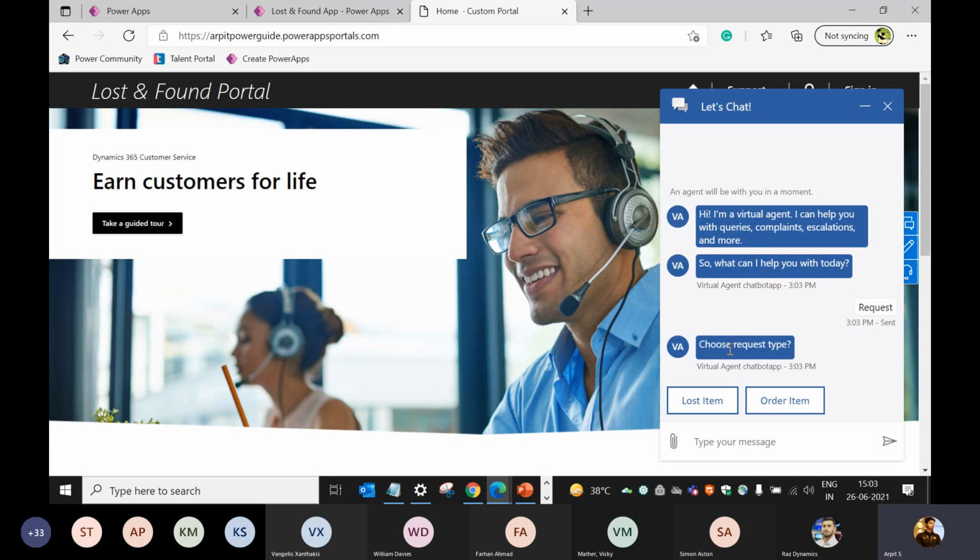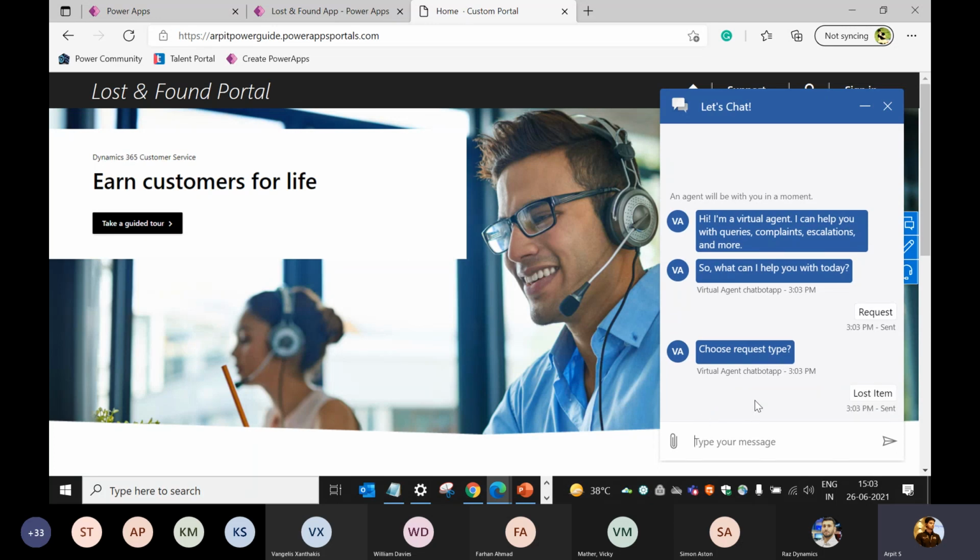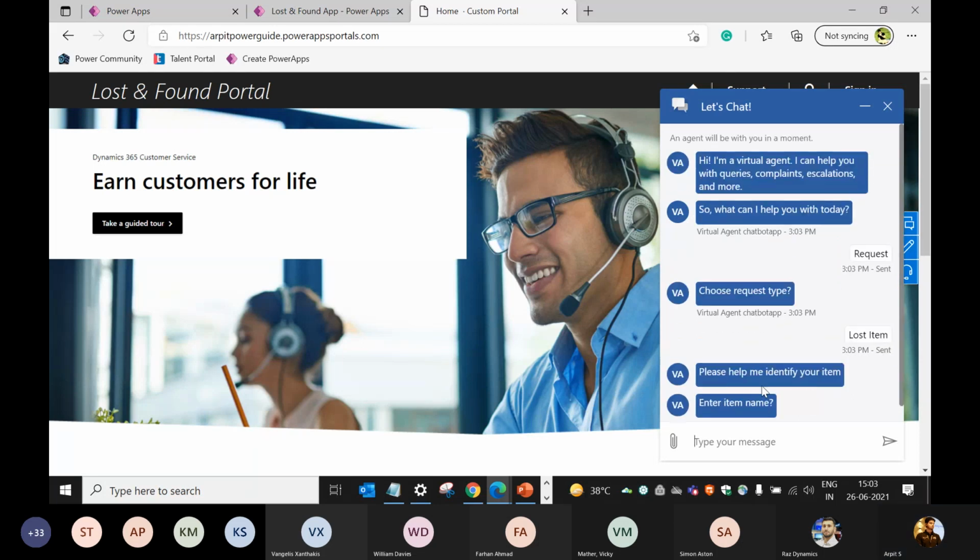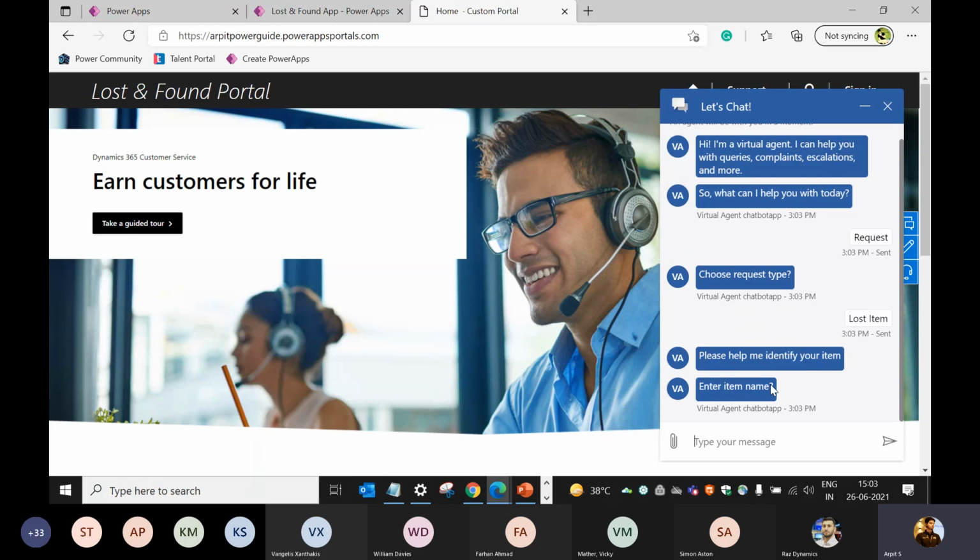Now it's asking me what type of request you want to make, for a lost item, or you want to order something. So I will choose the lost item. Please help me identify your item name. So my item was Surface Pro.